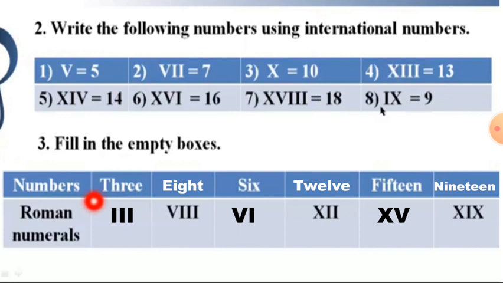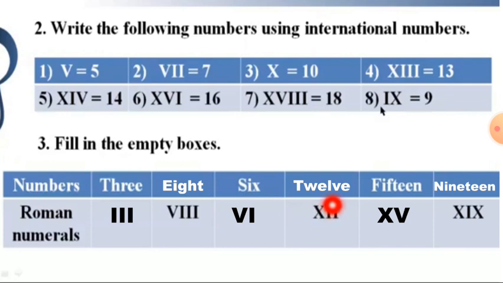Okay. Now number 3 in Roman numerals, how we write 3? III. Then second column, 8 is already written in Roman numerals. We have to write in numbers. So we will write the spelling EIGHT 8. Then number 6 is written in Roman numerals. You have to write how we write the 6. We write 6 as VI.